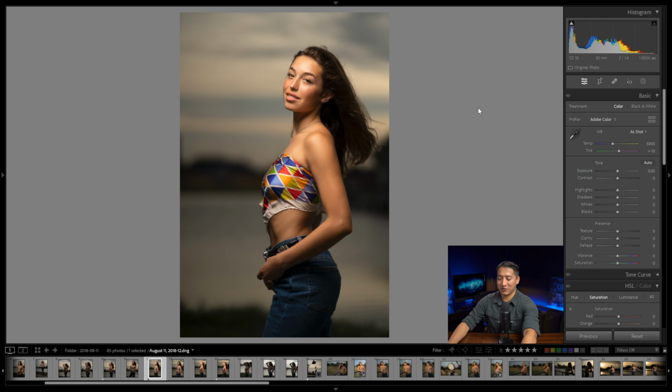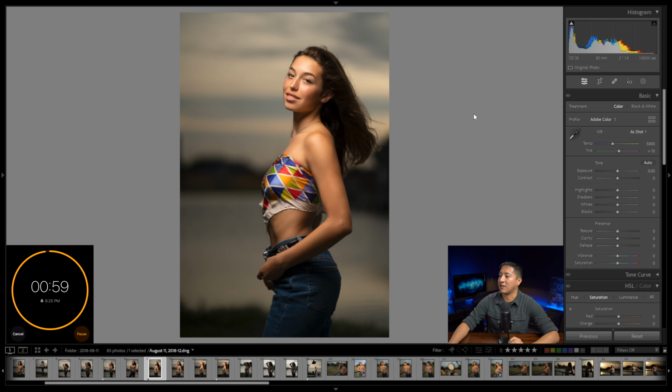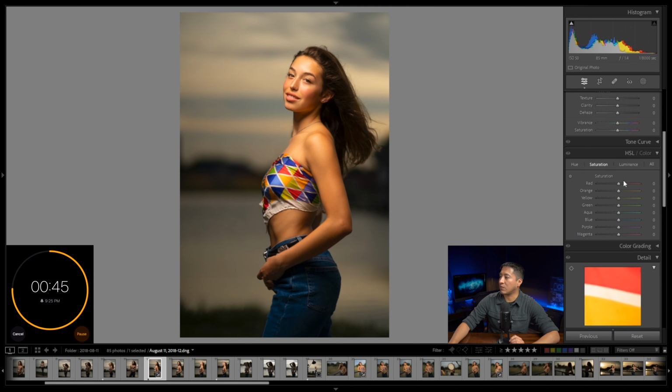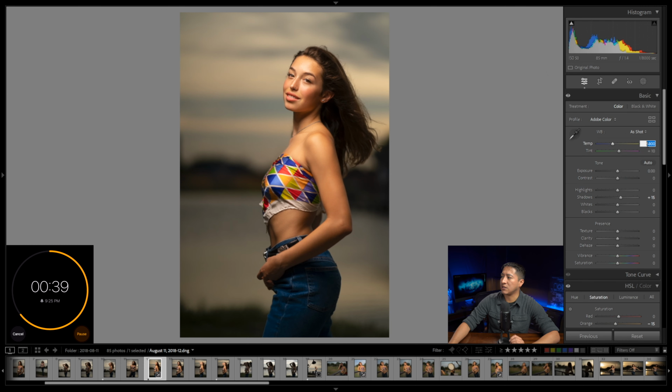All right, 1, 2, and 3. All right, I do want to raise the shadows, so maybe I'll raise a little bit all together throughout the image with this section. Bump the colors a bit, and I already know some of the colors got weird. I will reduce the saturation of the oranges to -15. It looks a little green, so I'll reduce the temperature a little bit to 5700, and then add a little bit of magenta,